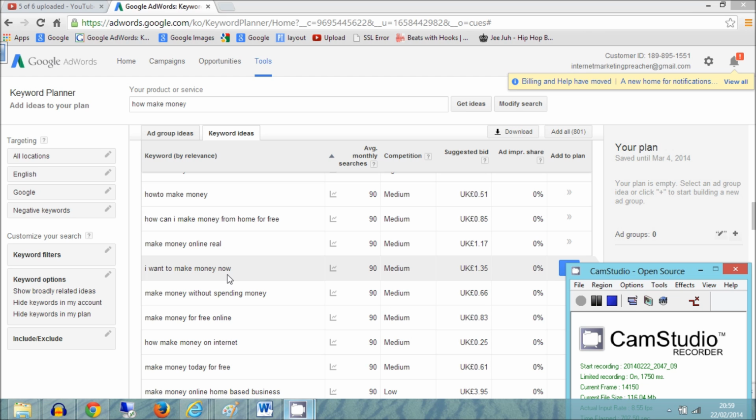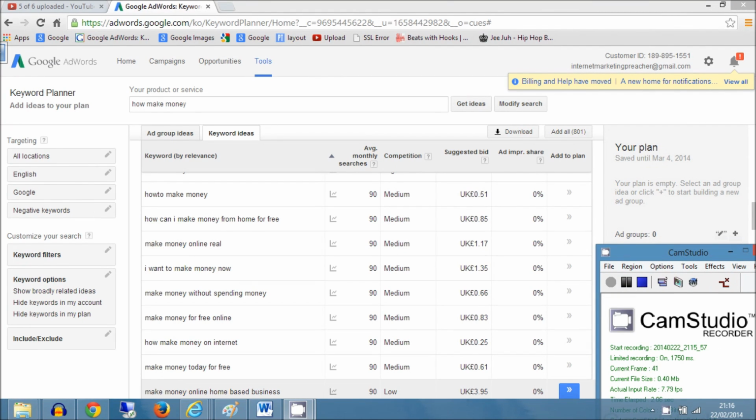So a great domain name would be Make Money Online Real, for example. Not even a domain name, probably, for so few searches you wouldn't create a whole domain, but for a page on your website, that would be fantastic. If you had a high ticket offer here, selling for a high commission, then even 90 searches in a month, even if you get one sale from that, if your product's making you $100 commissions or something like that, then it makes it worth it. Like I said before, the sum of the smaller parts equals something much better and much more awesome and profitable in the long run.